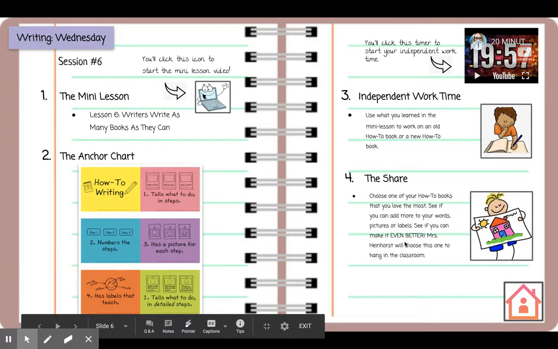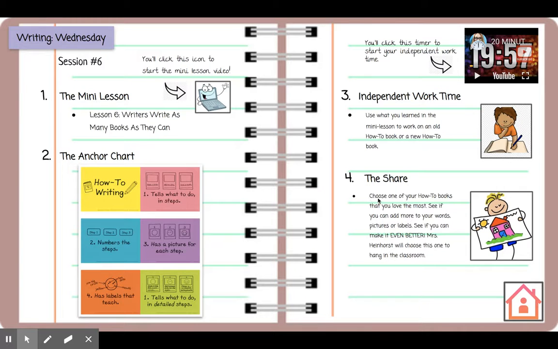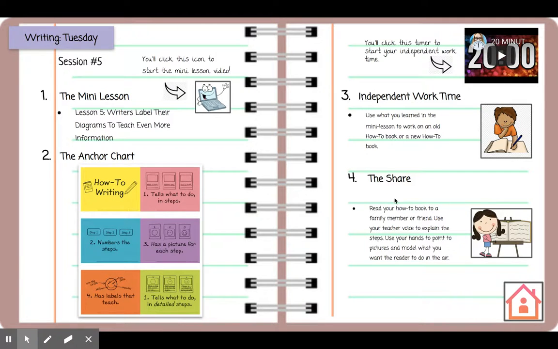The share is going to be different each day. So if someone could please help them read through the share each time they get to it, that would be super helpful. For this particular one, it's to read their how-to book to a family member or a friend, whoever they're with while they're doing their remote learning. And then I want them to use their teacher voice to explain the steps as they're reading it out loud, using their hands to gesture and point to the pictures and try to model what they want the